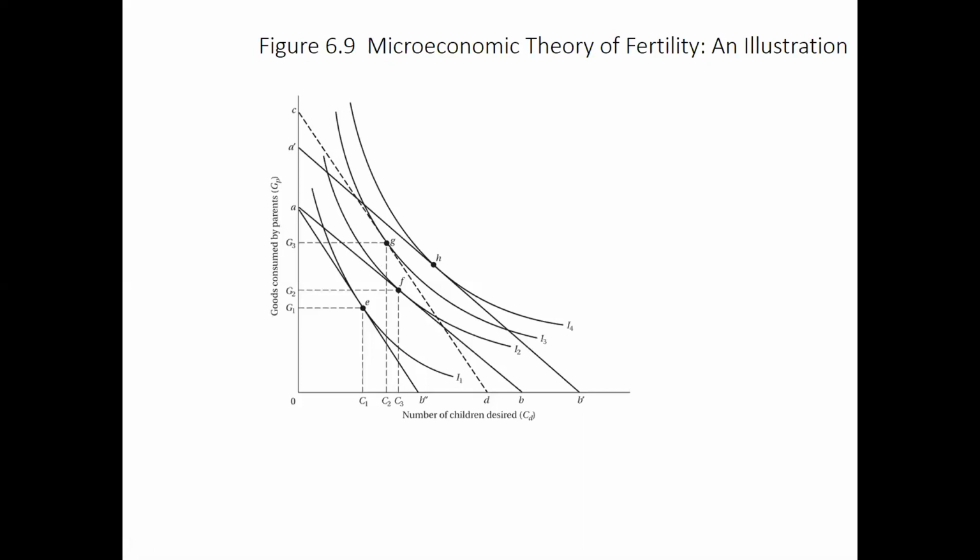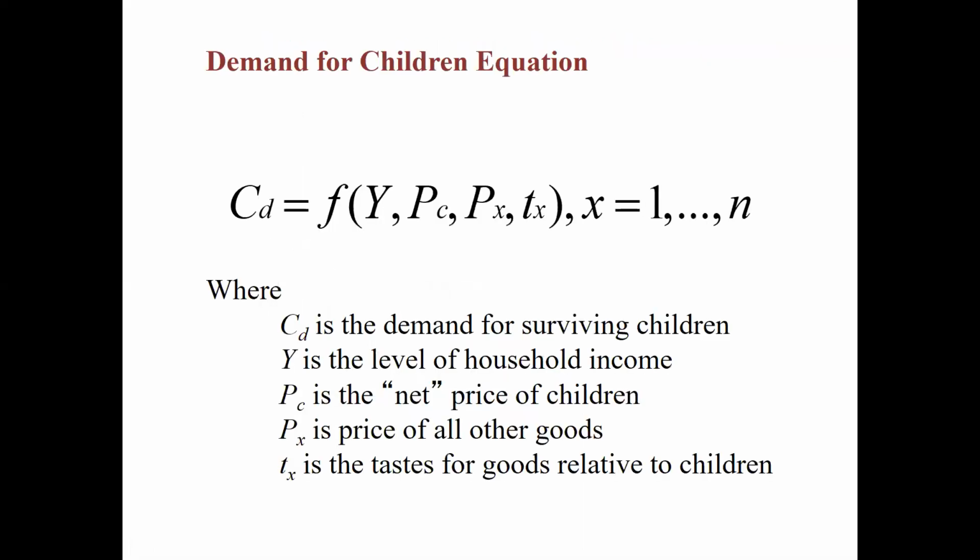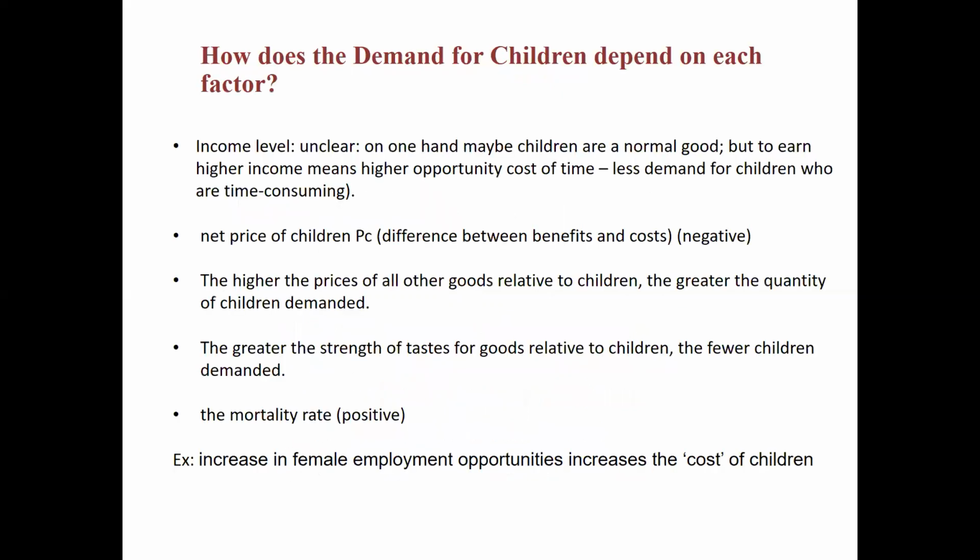And so instead of having 6 children to work on your field, now you're going to have 2 children that you're going to send to college and invest a lot of money in their education. Okay, so that's the basic idea. We can think of this, if you found the graph, as a demand for children, that essentially depends on your income, on the price of having children, on the price of other goods, and also on the taste of how much you like children relative to consuming other goods.